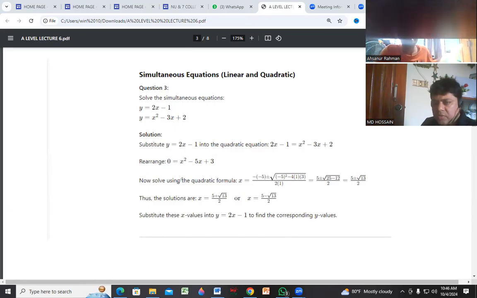This is the number one equation you can see here. This is equation number 1. This is equation number 2. Now rearrange. If you rearrange this, then 0 equals x squared minus 5x, a quadratic equation, with 2x minus 1 equal to this one. How did this come? This came from y equal to